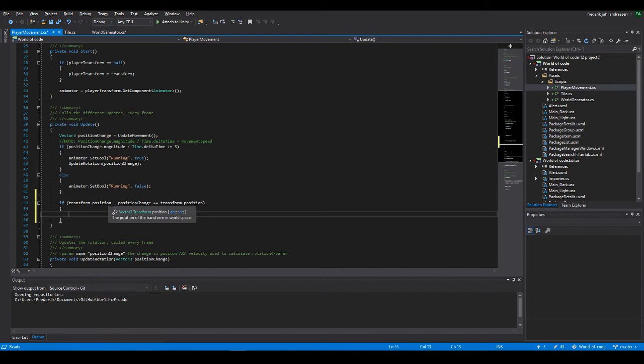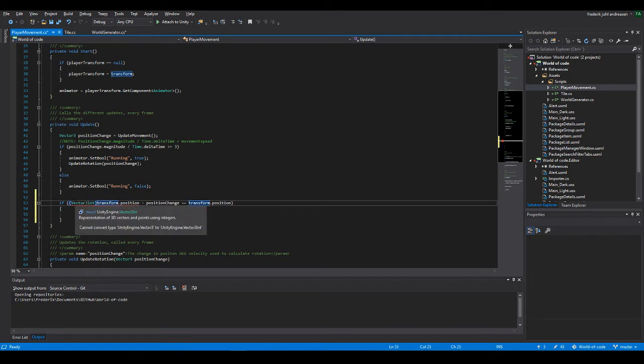But I actually want all of these as integers. Cannot convert, so I need to do it the old-fashioned way. Position change.x is equal to